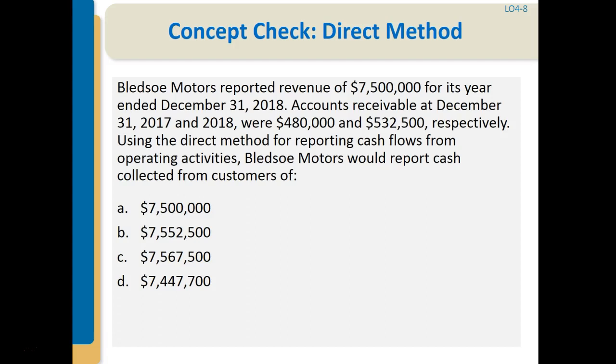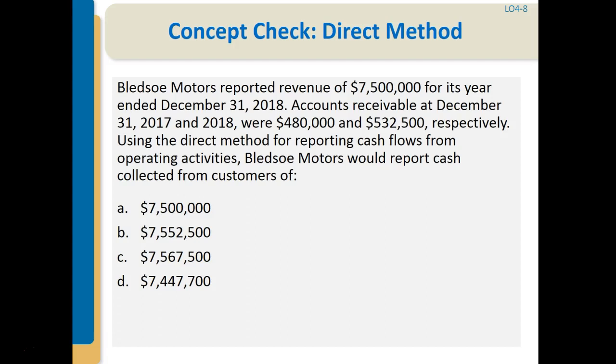Next, Bledsoe Motors reported revenue of $7,500,000 for its year ended December 31st. Accounts receivable at December 2017 and 2018 respectively were $480,000 and $532,000. That means that our accounts receivable increased during the year, which means that there were more revenues on account during the year. Using the direct method for reporting cash flows from operating activities, Bledsoe Motors would report cash collected from customers of